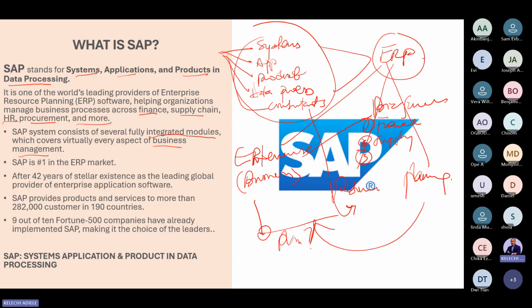Every organization will have a business function for HR because you're going to have human beings working there. You need a human resource department that manages those human beings and how they work. Of course, there is sales and procurement. So these are business functions that are in an enterprise. The job of an ERP is to make sure that it uses the resources it has to plan how these business functions within an enterprise work. They have to work together.